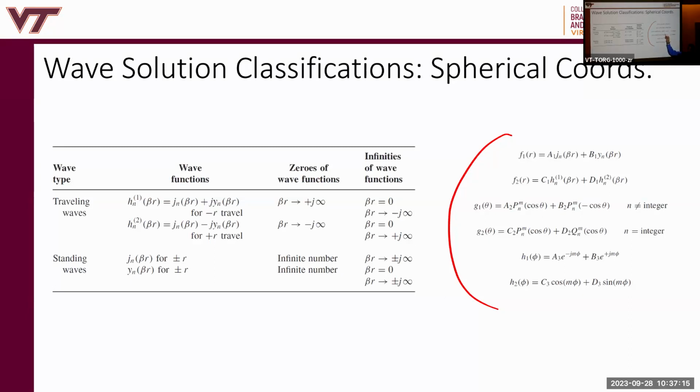If you want to plot it or evaluate it, you just have to go into your software package and evaluate the Legendre polynomials, because it's going to be a summation of these, right? It's not going to just be one P and M. It's going to be a summation of P and M from 0 to infinity, or minus infinity to plus infinity. And you're only going to need so many terms until the series converges. You're going to sum over n and m, all right? We'll do that later in the course. But we're going to need all this.